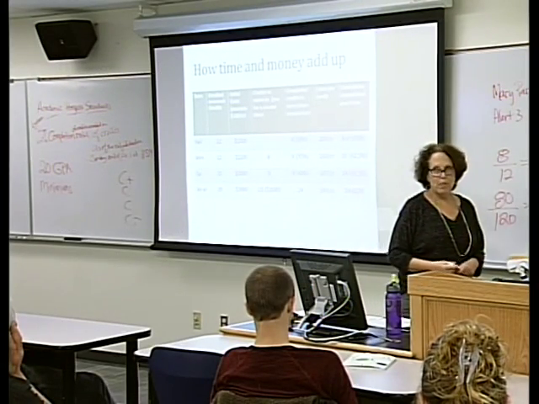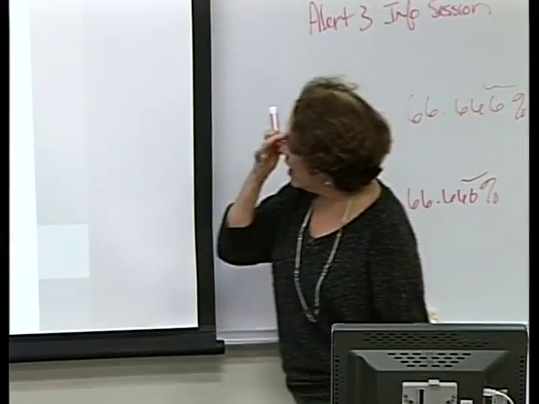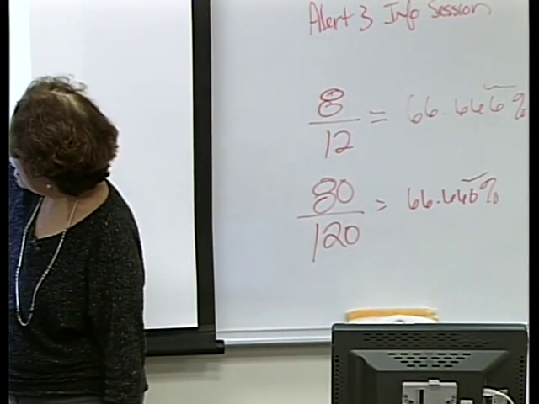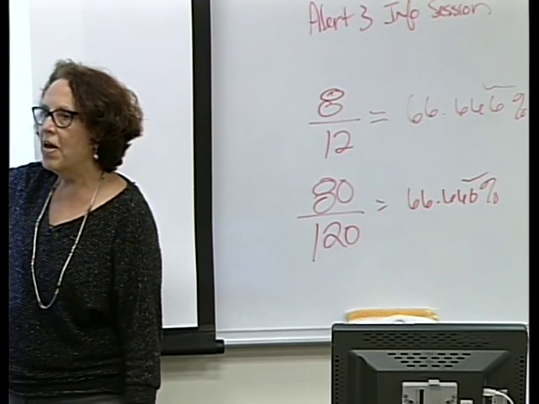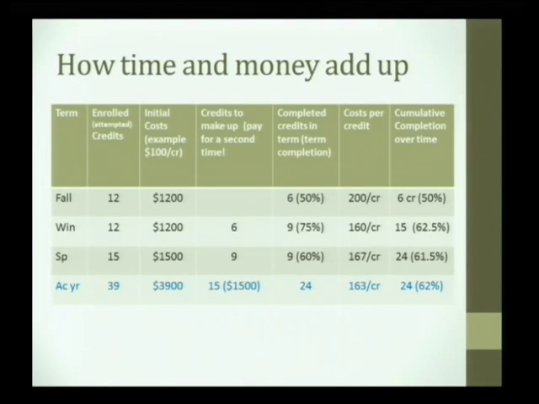So it would be much better if somebody is seeing along the way that they're really completing 6 to 9 credits. It would make a whole lot more sense to sign up for 6 to 9 credits a term and complete 100% of them. Pay for that only. Don't start racking up debt. And you're going to be making better progress because there's nothing to make up after that. Does that make sense? Yeah, it does? Okay.